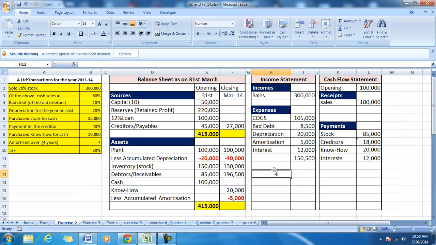So profit, we give a name to that called PBT, profit before tax, and profit before tax is equal to 300,000 minus 150,500, and that is where the tax comes in now. We'll say tax is on the profit, so tax is equal to 30% of profit, 149,500, and let us assume that we pay the tax immediately, so no payable left here. So tax is a payment and an expense,